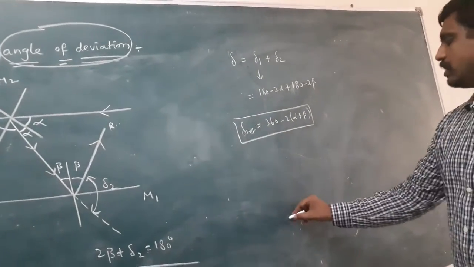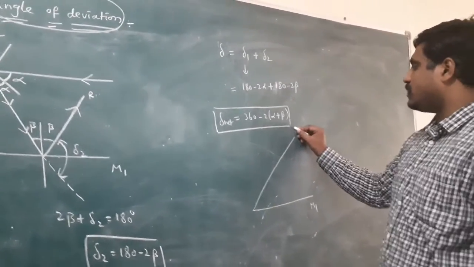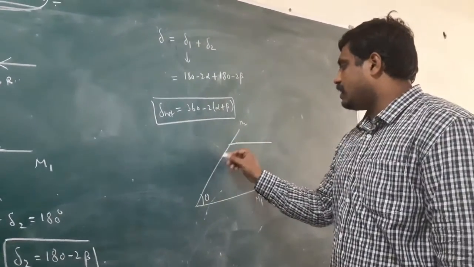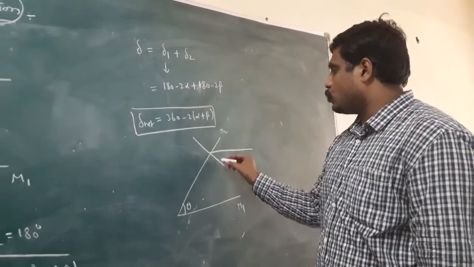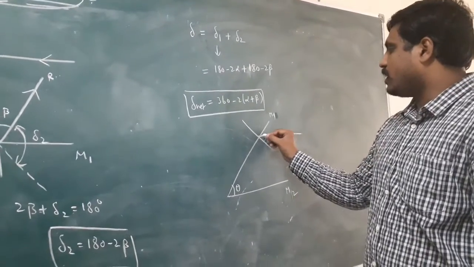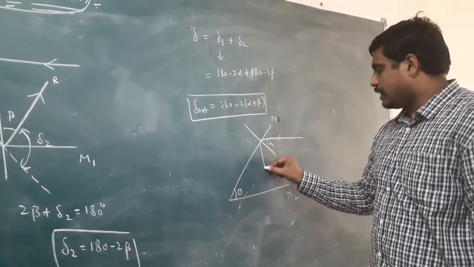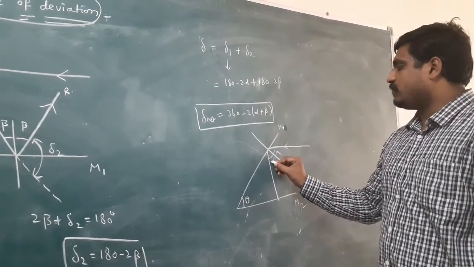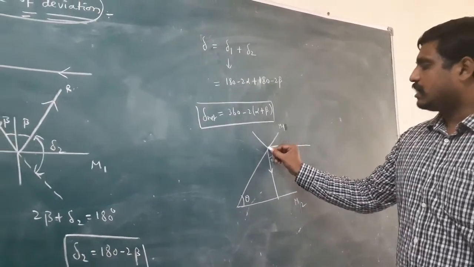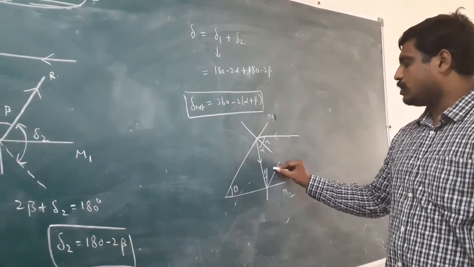But once again I take the diagram. This is a mirror. This is a mirror. This is the first mirror called M1, the second mirror called M2. This is angle theta. Here the light ray falls on mirror 2. For example, this is 1, this is automatically 2. Light falls on the mirror. This angle according to the diagram is alpha. Angle of incidence equals angle of reflection. This ray reflects and falls on the other mirror. This is beta. Here also it will be beta.